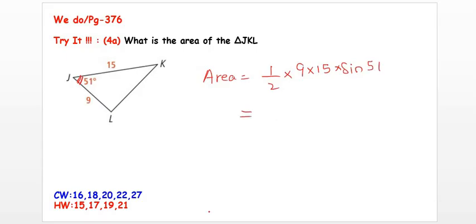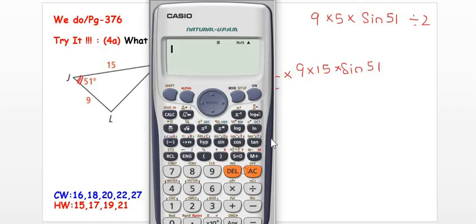Put all of it on the calculator. You can write half, or you can change it into, in the end you can write divided by 2. Means 9 times 15 times sine 51, and in the end after closing the bracket you can write divided by 2, because half means divided by 2, right? Okay, so let's see. So we said 9 times 15 times sine 51, close the bracket, get the answer, or you can write directly divided by 2. I prefer to go directly divided by 2. So the final answer is becoming